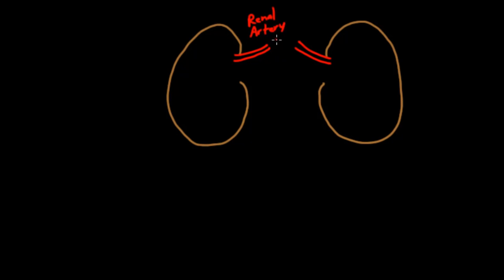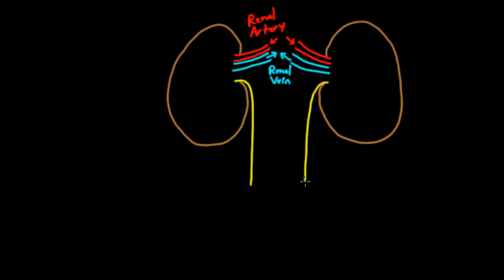And renal is just another word referring to kidneys. And we've got renal veins with blood flowing back out of them. So once the blood is headed back to the heart, we call it a renal vein, and there are two of them. And probably the most important part about these kidneys, certainly the thing that makes them really unique, is that they have these ureters, and these ureters